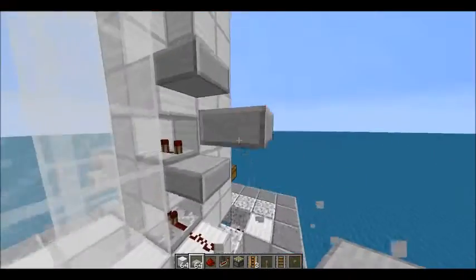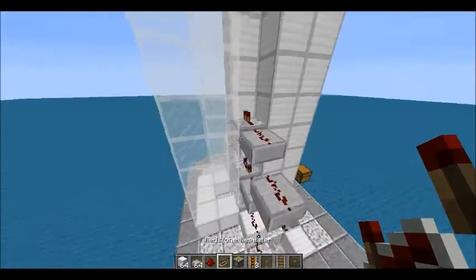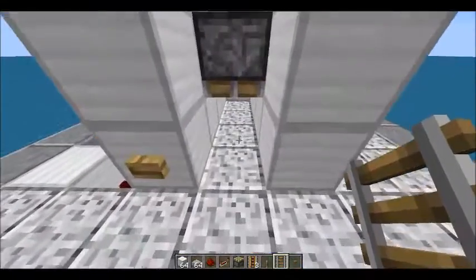Remove these blocks, and redstone, redstone, redstone, repeater. And what we're going to do is keep repeating this pattern up and up and up until we've reached the top. Okay, now that we're done with all the redstone, what you're going to want to do is place in